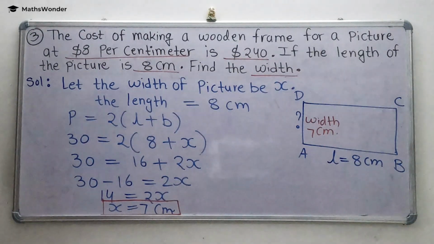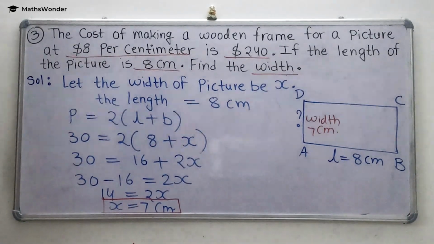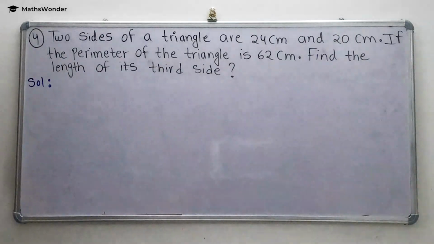So you got the perimeter easily. When you get the perimeter easily, then perimeter and length are given. Width you can easily find with the help of the formula. Got it? So in the fourth question,